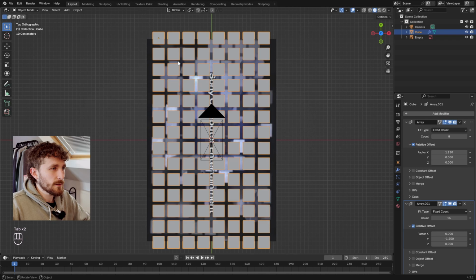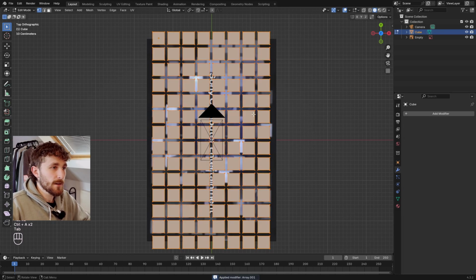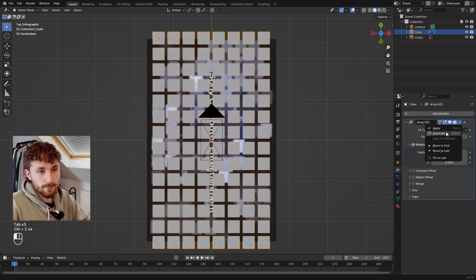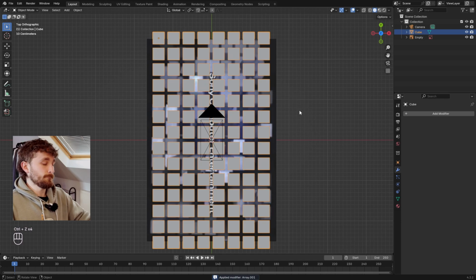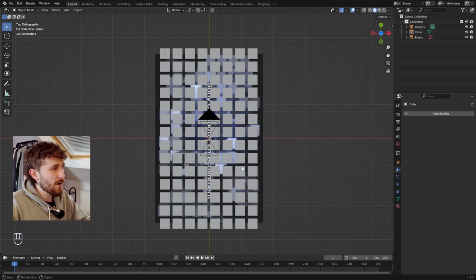Oh wait, first of all, we need to apply these array modifiers. So we're going to press Control A to apply them. Or if you don't want to do that, you can press here. So now with the array modifiers applied,